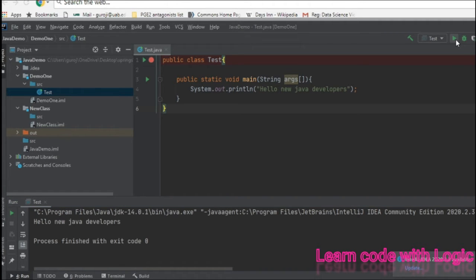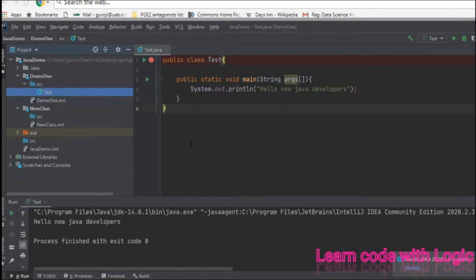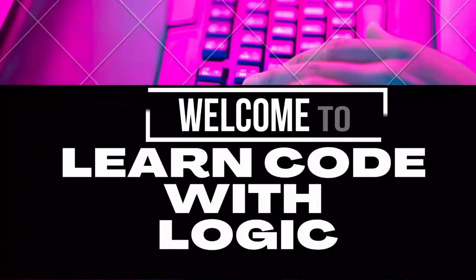These two IDEs are my favorite IDEs. As you use more IDEs, it's gonna be a benefit for you because you will get hands-on experience with different IDEs. But the code is the same, there is nothing different if you change the IDEs. Whatever IDE you are comfortable with, you can go ahead and continue.